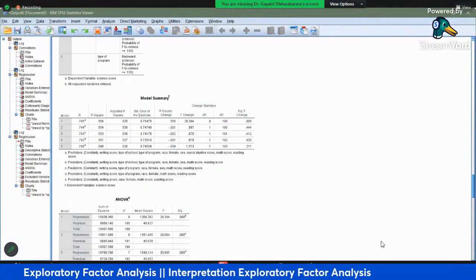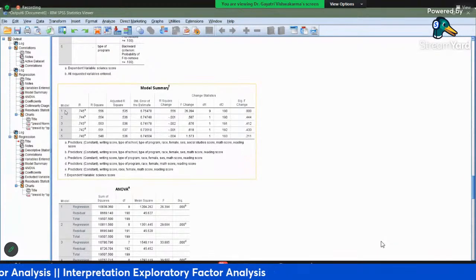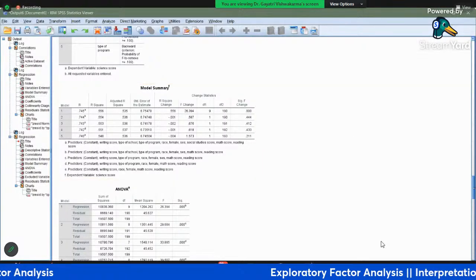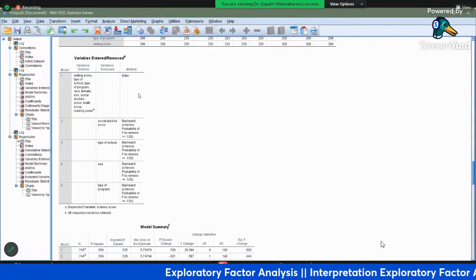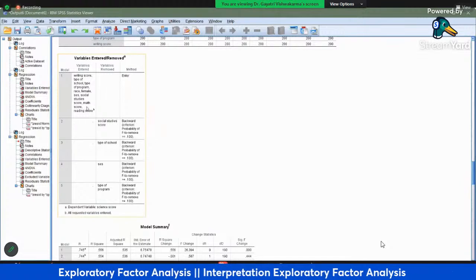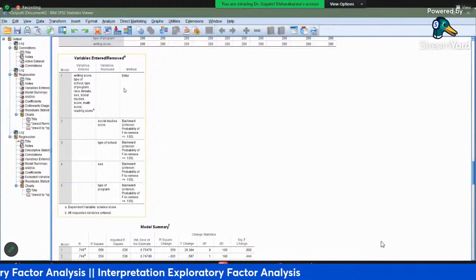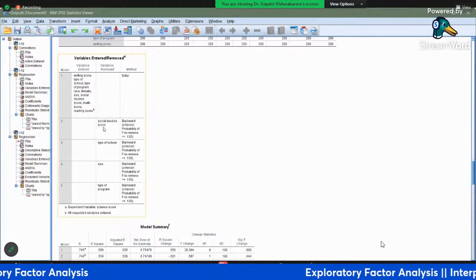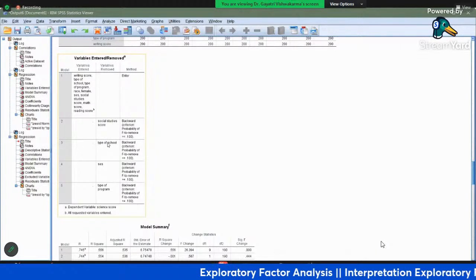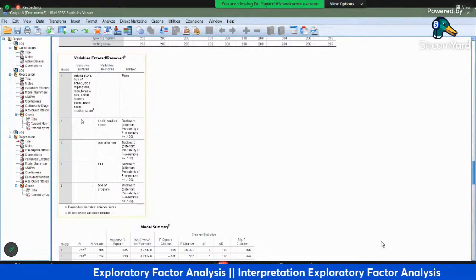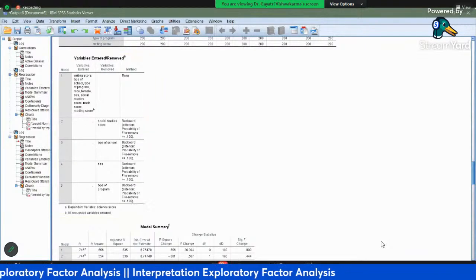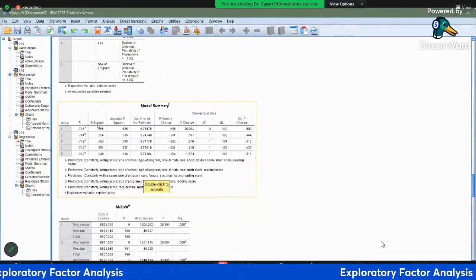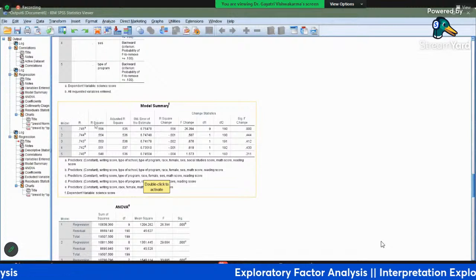Then if you go to the model summary, it is presenting 5 models, 1, 2, 3, 4, 5. Model 1 is using the enter method. That means it is entering all your scores and giving you the results. Second, it is removing your social studies score and giving you the model. It is removing type of school and giving you the model, and the rest of the variables are there. Okay, so let's see the model summary. Now you have to check this model summary, especially this R square, the first, second, and third column.